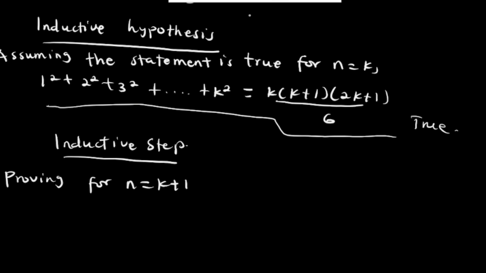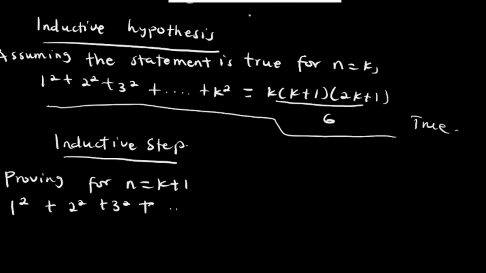And for it to be true, if you claim that the statement is true for k, then it should also be true for n is equal to k plus 1. So you are only to prove for n is equal to k plus 1. So at this point, wherever you see n, you put k plus 1 there. So you have 1 squared plus 2 squared plus 3 squared